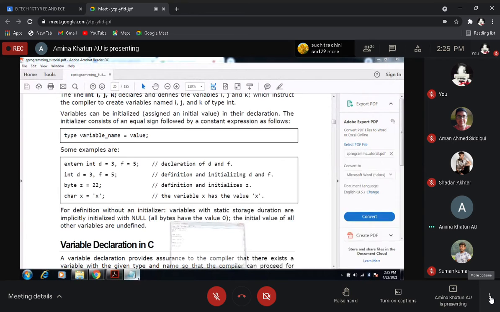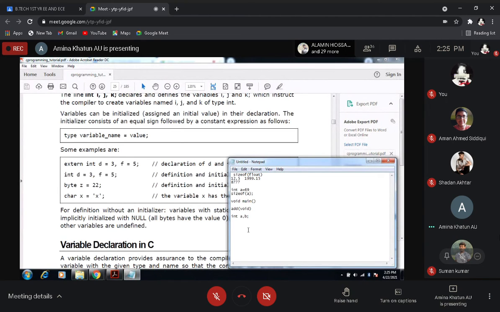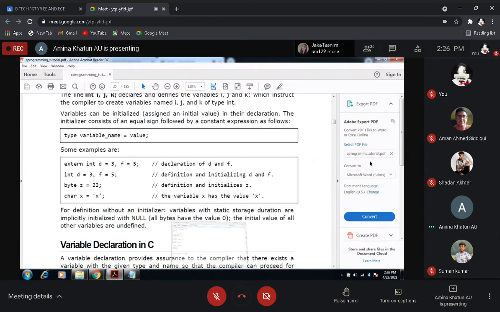After declaring, you can give a equal to 50, and then b equal to 60. That is also correct. Or you can assign it in a single line: a equal to 50, comma, b equal to 60. So in a single line or in multiple lines you can do it. Both are valid.